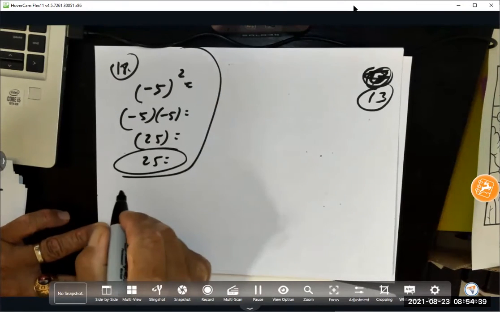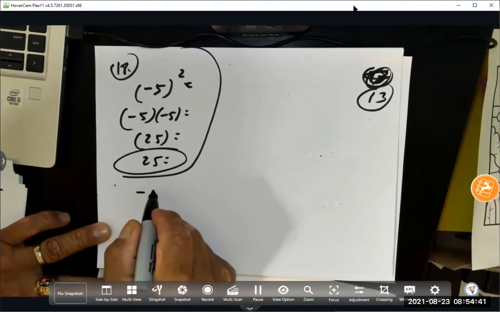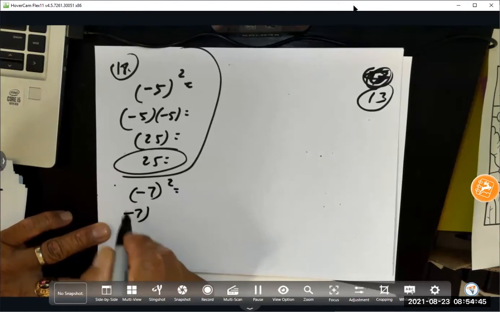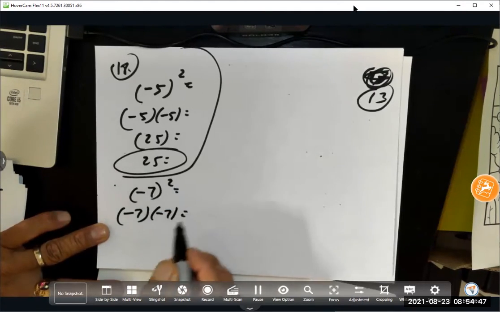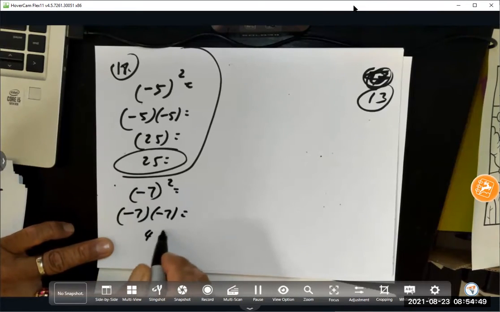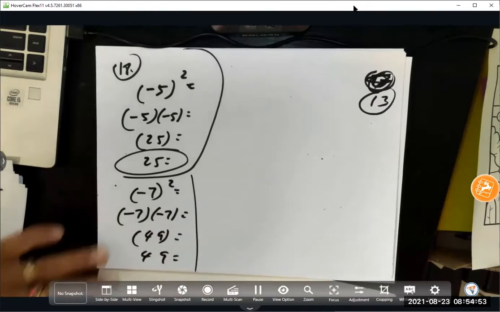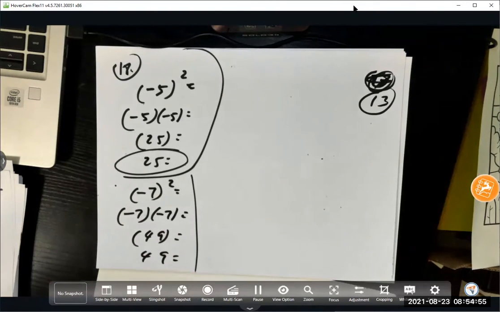Okay, I'm doing it like this. Negative 7 squared. That means negative 7 times negative 7, and a negative times a negative is positive 49. It's going to be 49. It's right there. So if it's parentheses around the whole thing, you have to do all of it. Okay. Now,